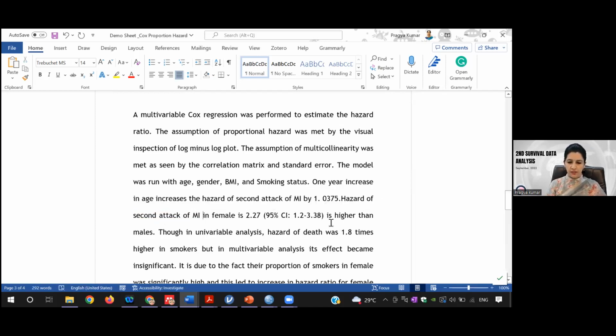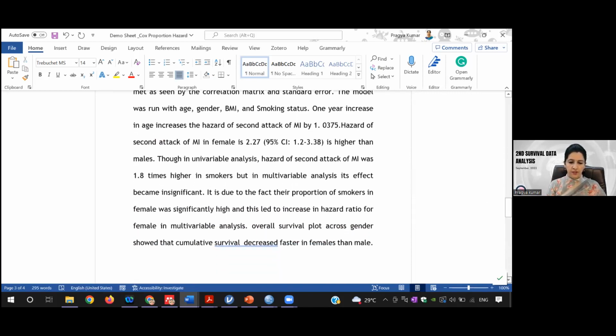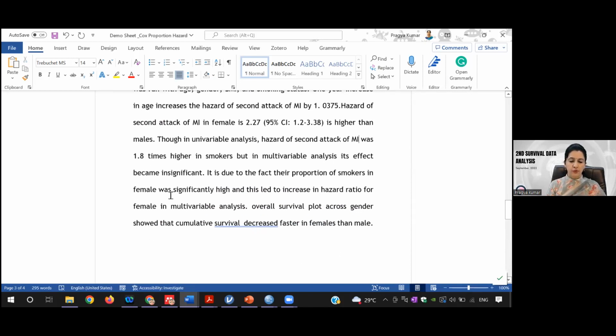In female, it is higher by that many times. There, in univariable analysis, the hazard of death was 1.8 times in smokers, but in multivariable it becomes insignificant. It is due to the fact that the proportion of smokers in females was significantly high, and this you can